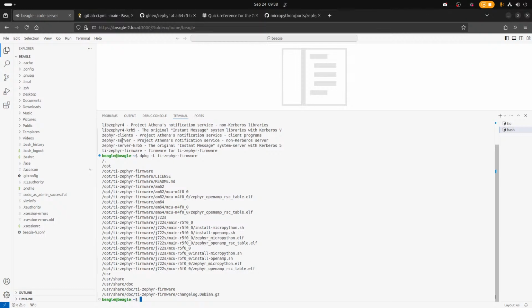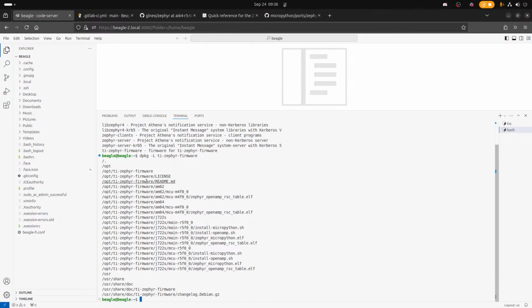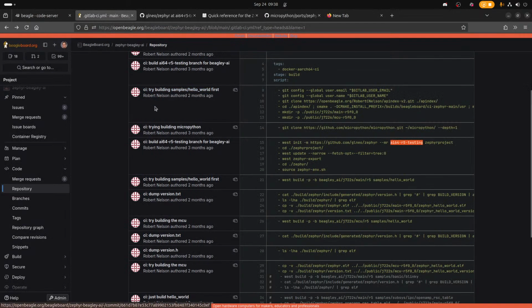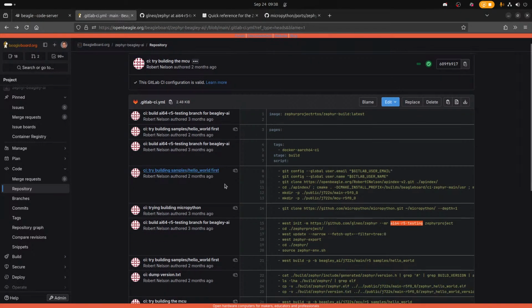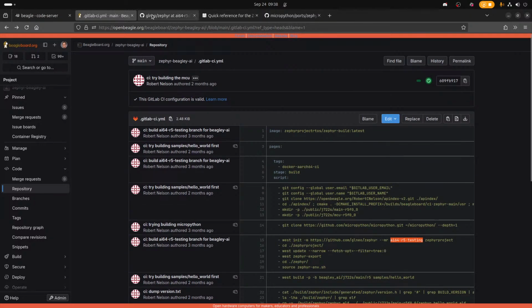In chat somebody said it's an apt cache search. So I searched for Zephyr to see where the Zephyr images are, and here you can see it's the TI Zephyr firmware. That's the package that's installed, so yeah, that stuff sitting in opt came from a Debian package here. So that's more than likely coming from, I mean, it's going to be coming from here. I just don't know why we have an old version of it. We should have some type of version tag on the.